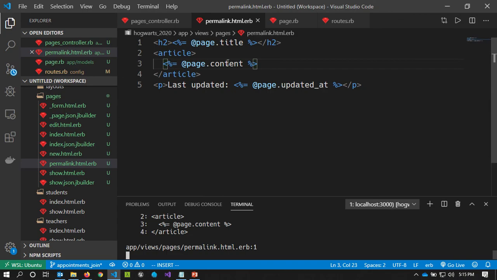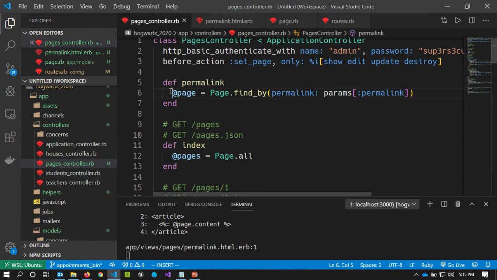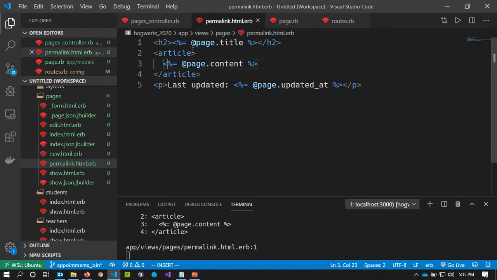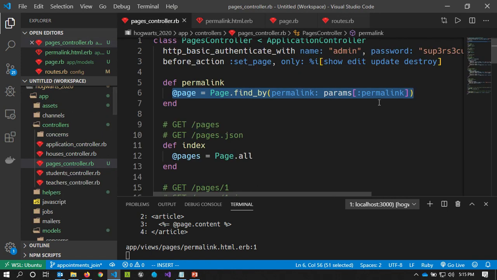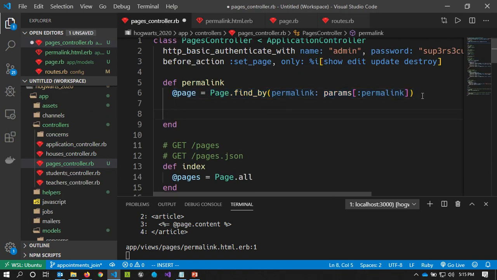And the reason is that nothing will be found here. The page variable will end up nil. And so when we go here, we'll try to echo out nil.title. Nil doesn't have a title, and so it'll blow up. So we just need a really quick fix here, which is you can do redirects in controllers. And so I could say